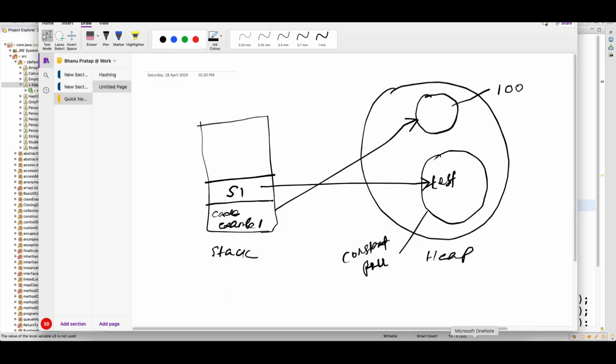So basically for s2, your reference will be in the stack, and this s2 will also point to the same test present in the constant pool. This will also point to the same thing present in the constant pool. Now when you have created one more, called s3,